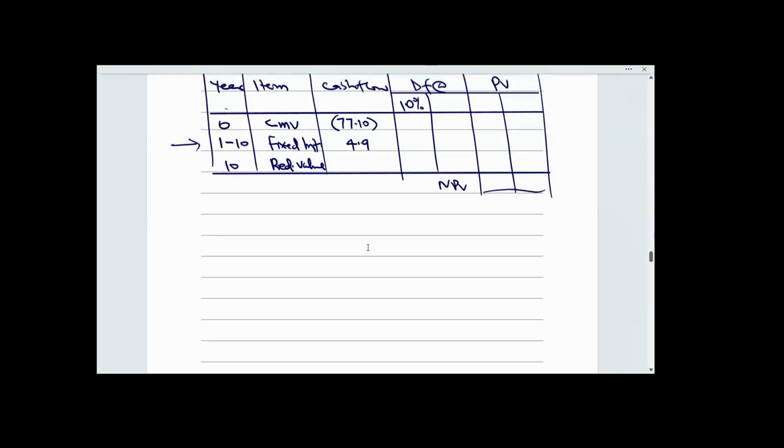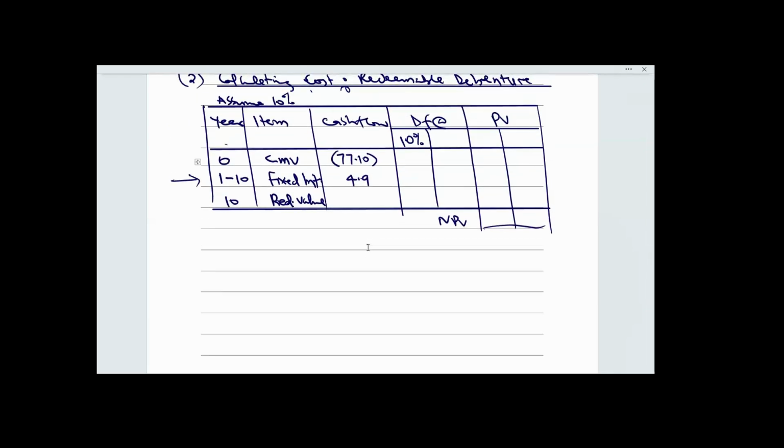In the final year, which is year 10, this debenture will be redeemed. How are we going to redeem it? The examiner told us that it will be redeemed at par. At par means at 100 naira. Remember, debt is always quoted at 100 naira per unit. So here will be 100. At this point, I need to calculate the annuity factor of year 1 to 10 at 10%.